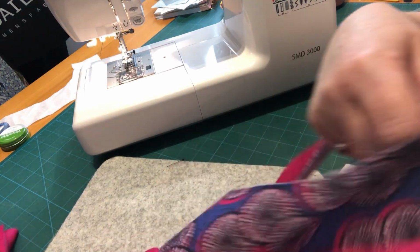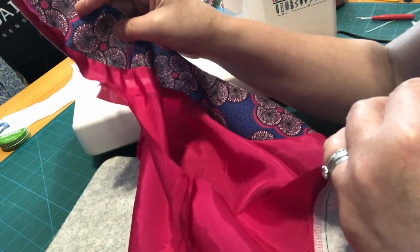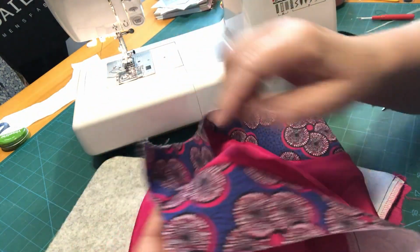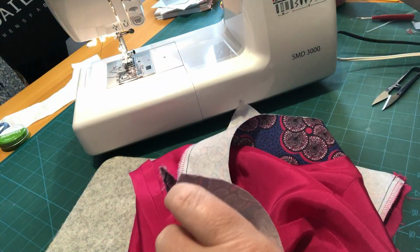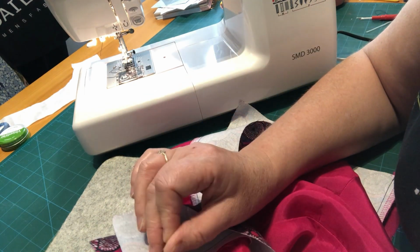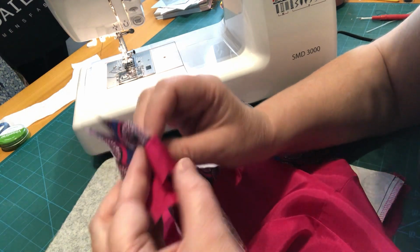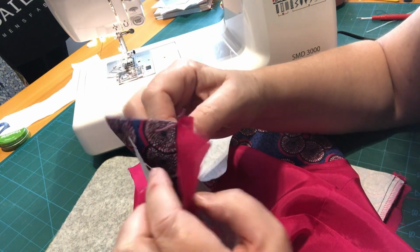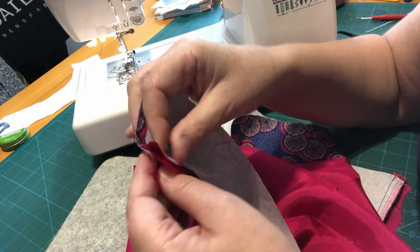The next stage that we're going to do then is we are going to identify where your arm side is. So in this case it's the area that isn't faced. And then what we want to do is try and get these to match up perfectly. So what I normally do is get a pin, and then we've got about a centimetre, 1.2 centimetre seam allowance, haven't we, on this shoulder. So I just go through just where the join of the facing is against the lining with my pin,